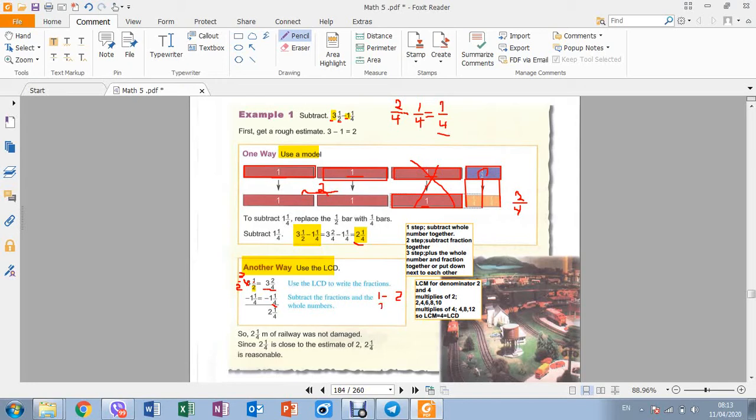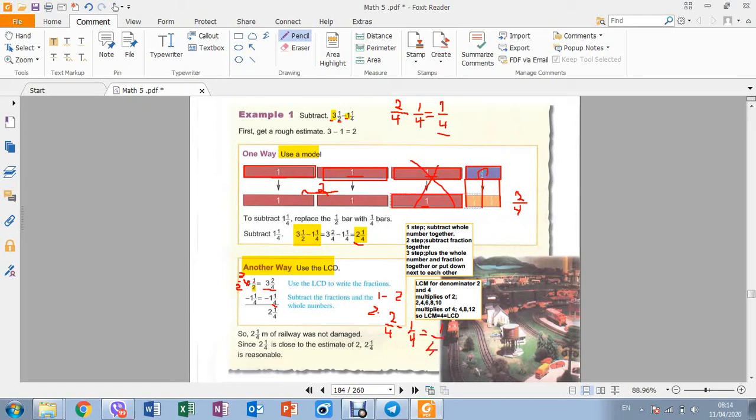The second step, what I need to do, look, sorry. Second step, I need to subtract the fractions together. So I have what? 2/4 minus 1/4, okay? Equal to 1/4. Yeah,